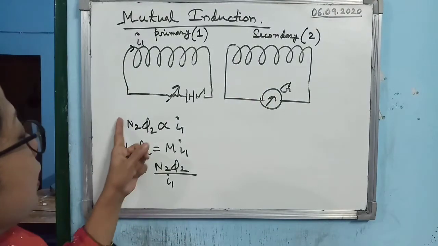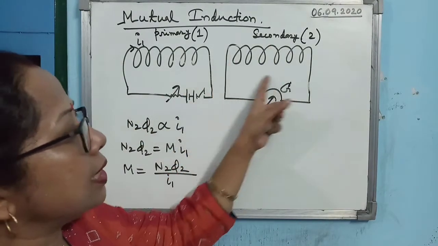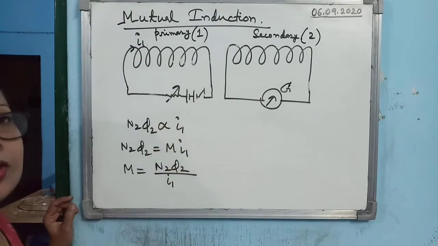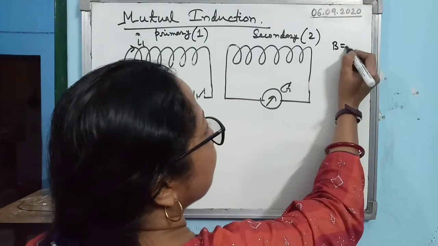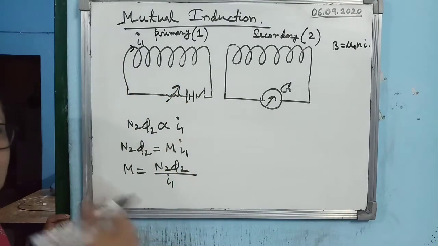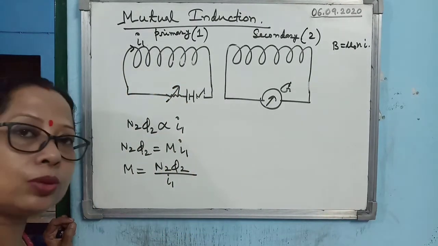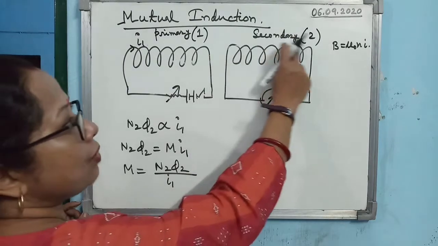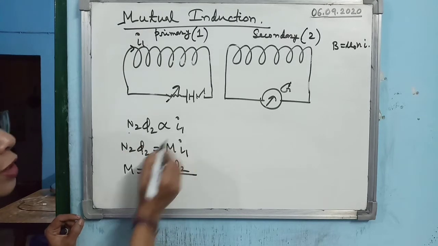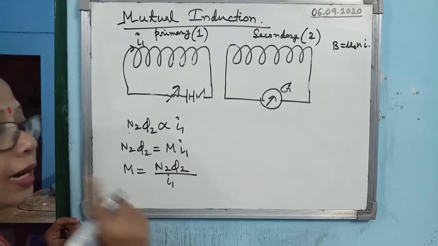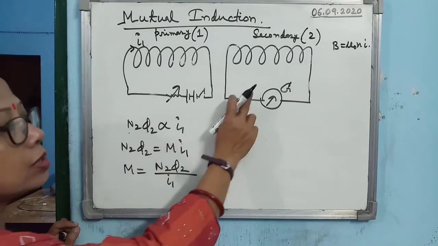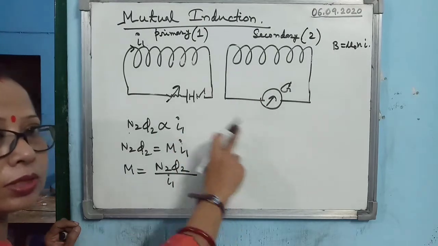So you see, the total magnetic flux linked with the secondary is directly proportional to I1. Why? Because when I will increase, then you know what is the magnetic field produced. Magnetic field produced is given by mu 0 Ni. So when I will increase, B will increase. So when B will increase, magnetic flux linked with it will also increase. So the magnetic flux associated with the secondary will also increase. So one can write N2 phi 2 is proportional to I1. Be careful here. N2 phi 2 proportional to I1, not I2, because with secondary there is no induced EMF first.